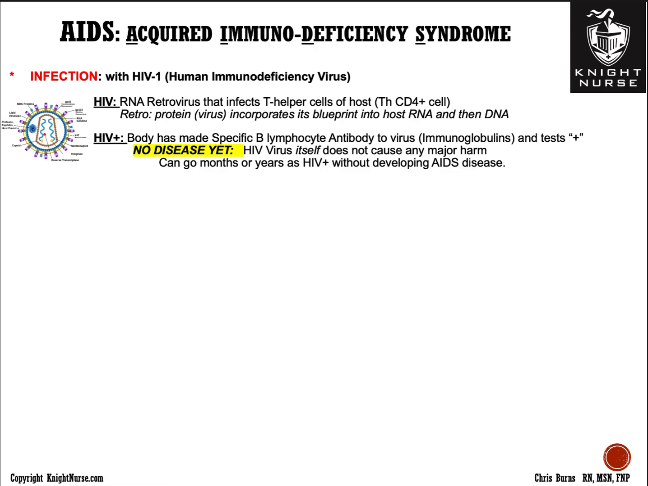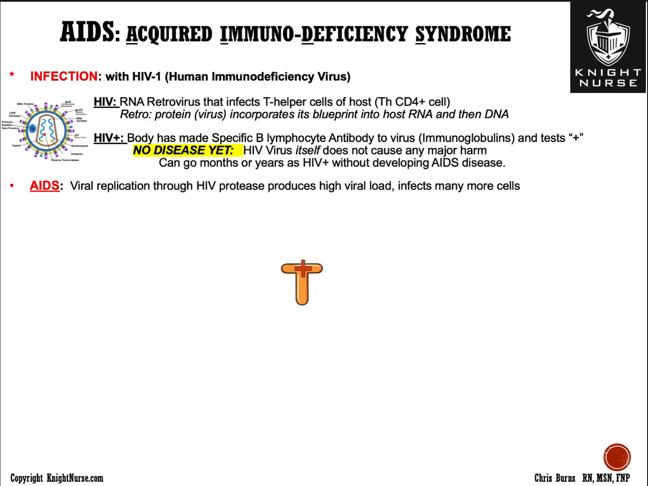And it's not really fully understood why some people fully convert to AIDS and other patients can remain HIV positive for virtually forever. So AIDS is when we have viral replication through the HIV protease and we get a high viral load of HIV virus, and that infects many, many more cells. So the way you can think of it is you have a T cell. It's infected. When you reach a certain point of a high number of T cells being infected, just like in